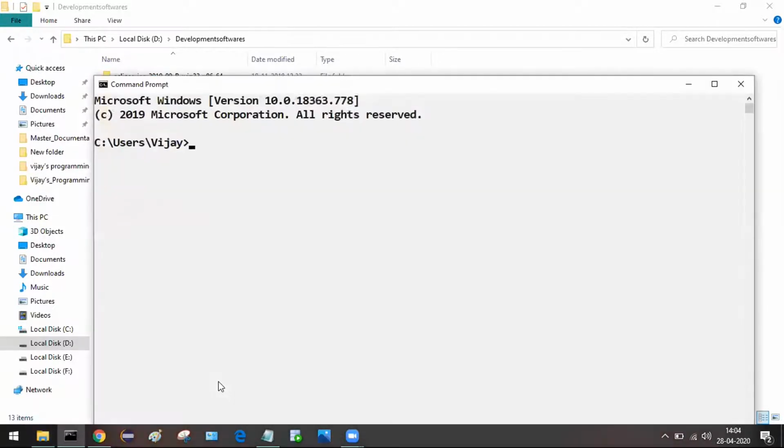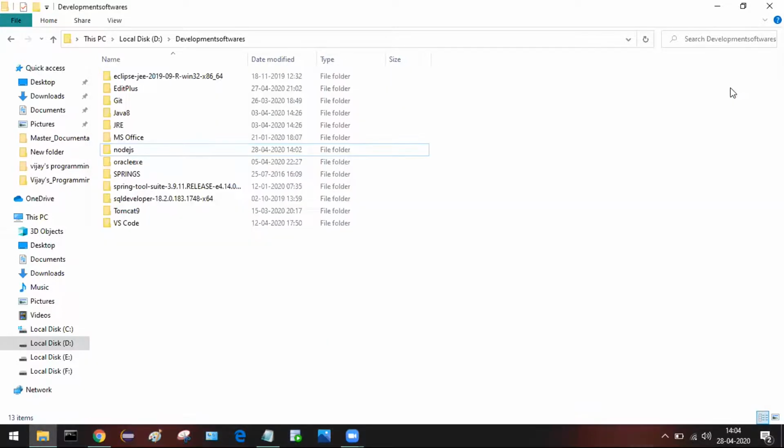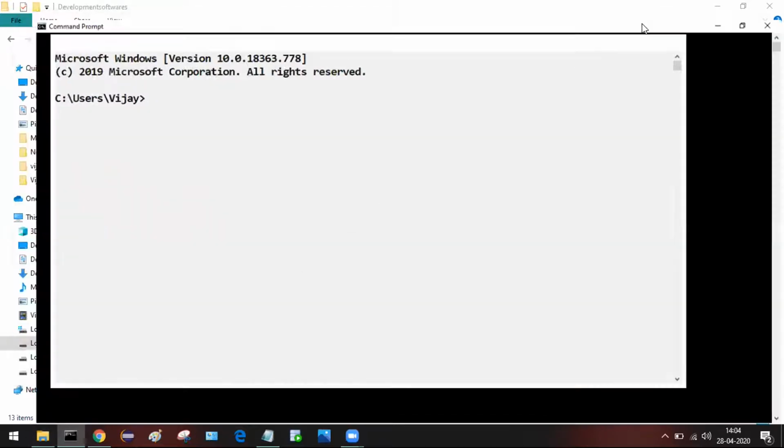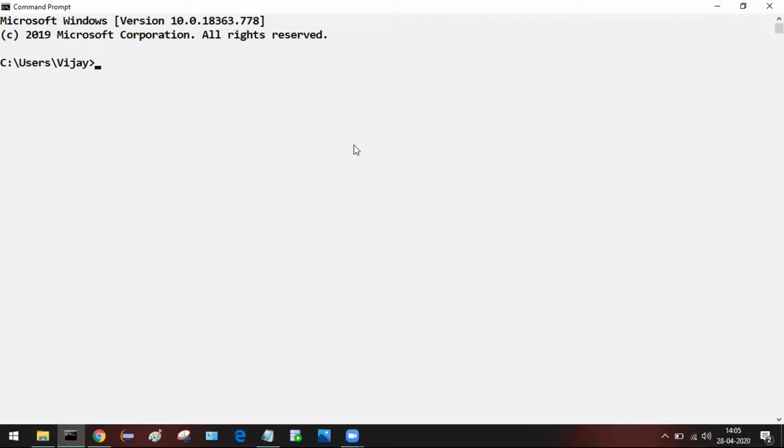If you were already running command prompt while installing Node, you should close that command prompt and once again open a new command prompt. Why? Because the path is updated. If you are using the old command prompt itself, you won't find the installation entry in the command prompt that you were already using. That is why you need to open a new command prompt.